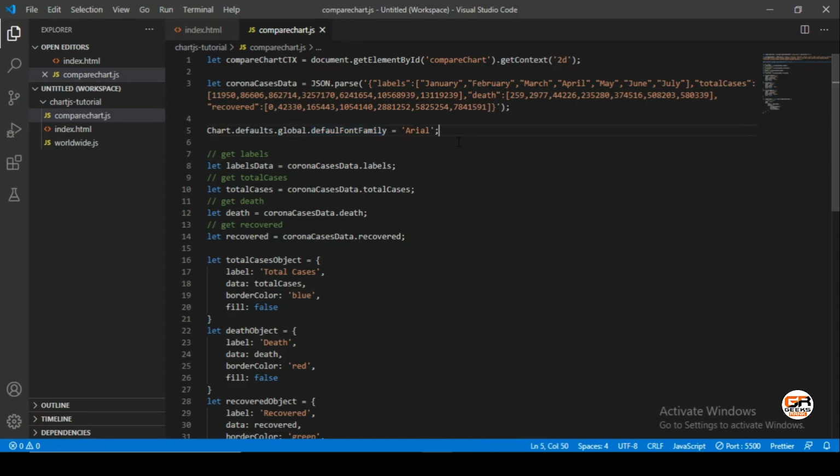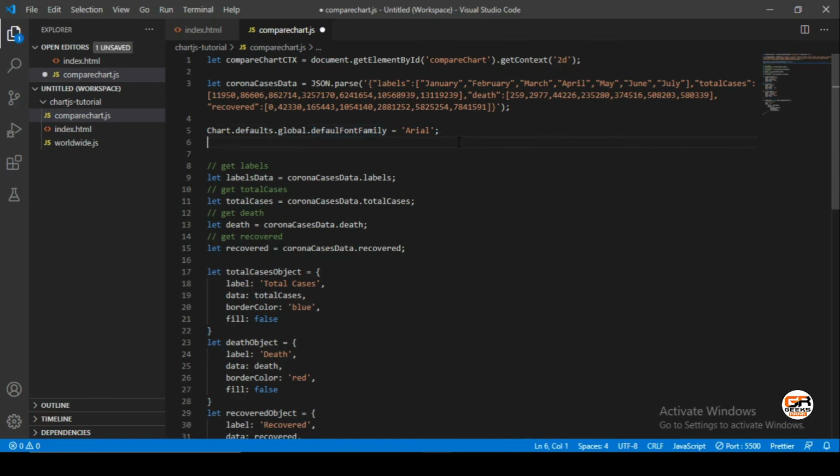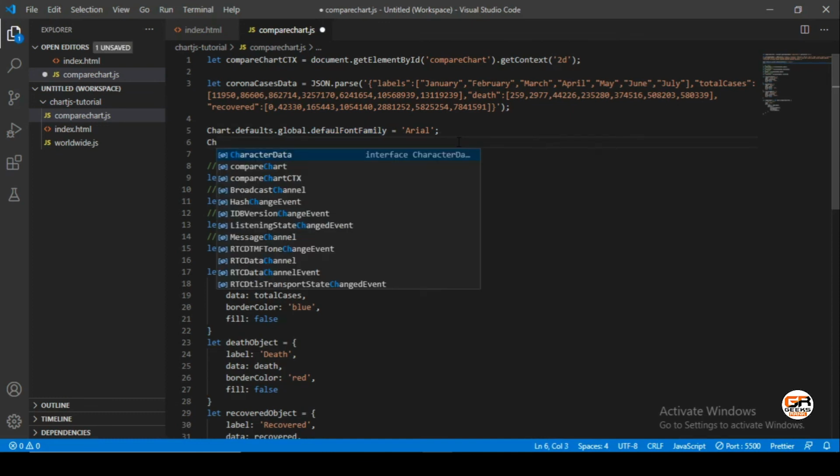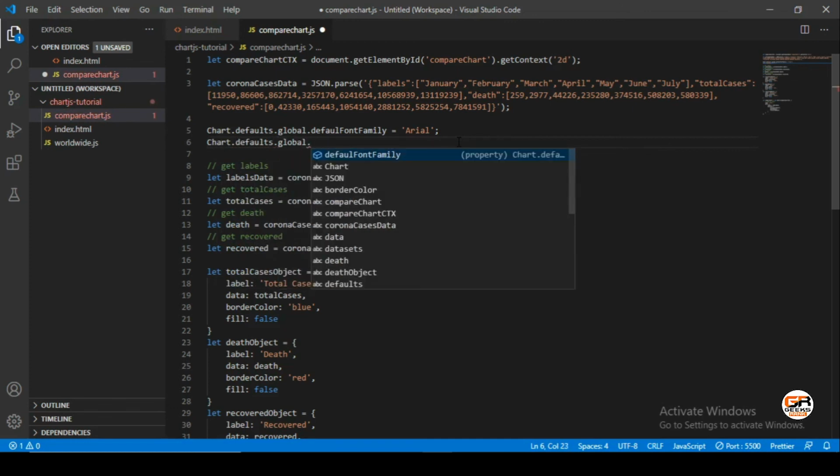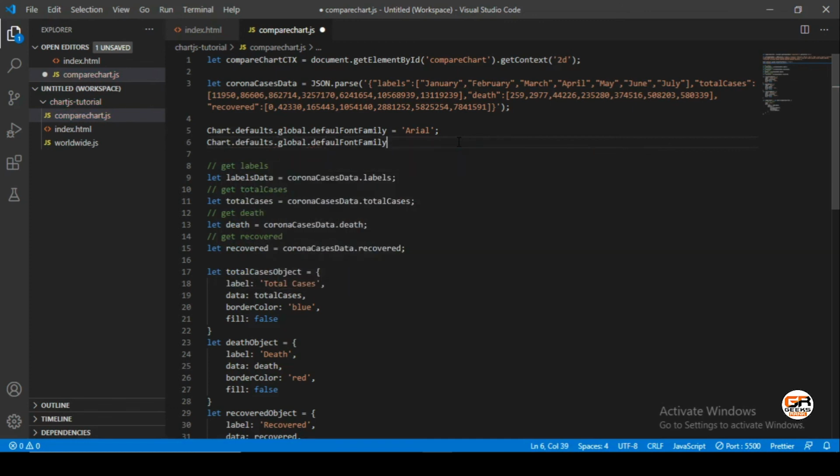Just copy it for the font size. We do the same. We will create Chart dot defaults dot global dot default font size.